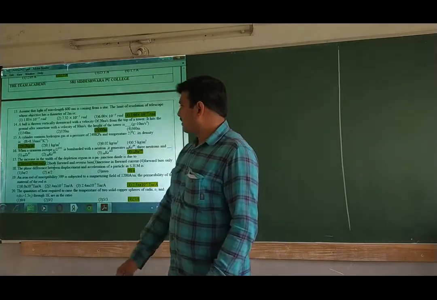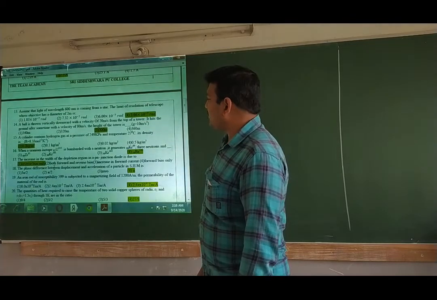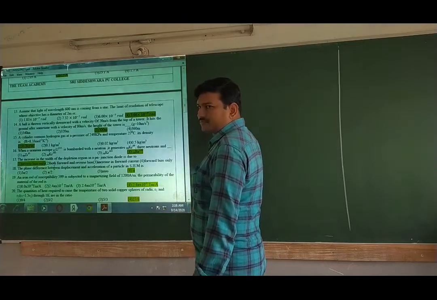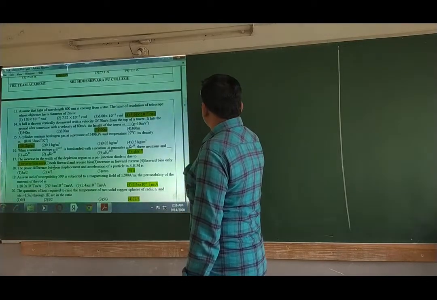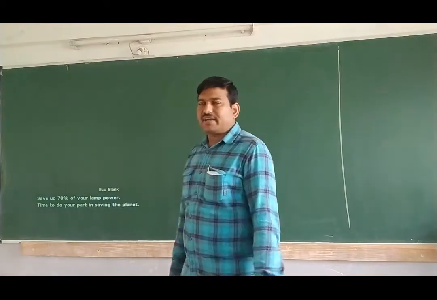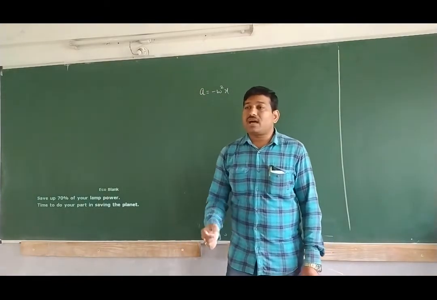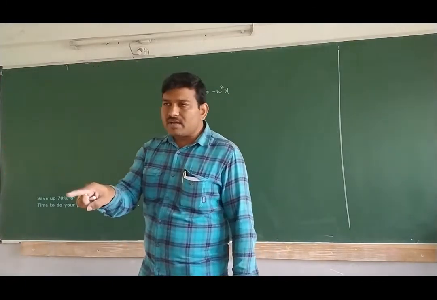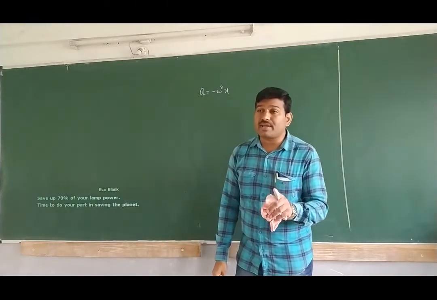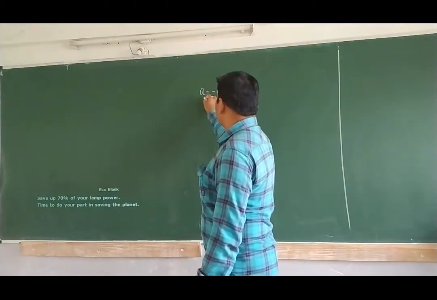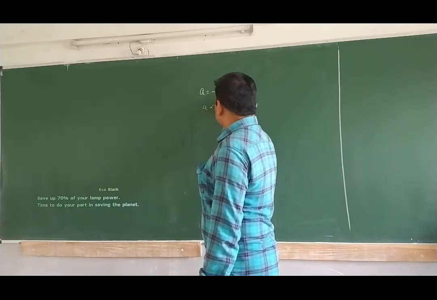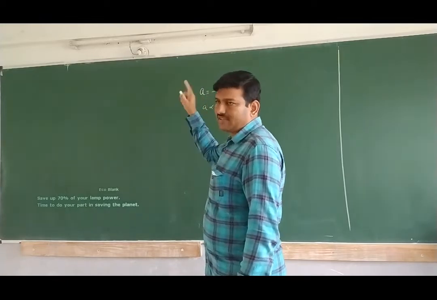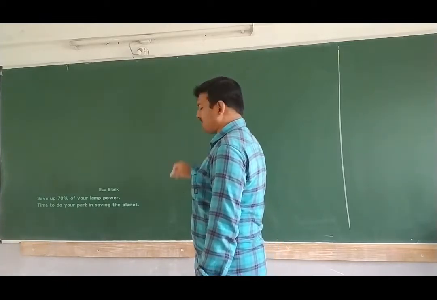Next one, 18. The phase difference between displacement and acceleration of a particle in SHM is. So we know that acceleration a is equal to minus omega square x for SHM. The definition of SHM says that a simple harmonic motion is one in which the displacement is always directed towards the mean position, and acceleration and displacement are always opposite in direction. a is equal to minus omega square x. So opposite in direction means the phase difference is pi. The minus sign says that they are out of phase. So what is the phase difference? Pi is the phase difference. Next question.